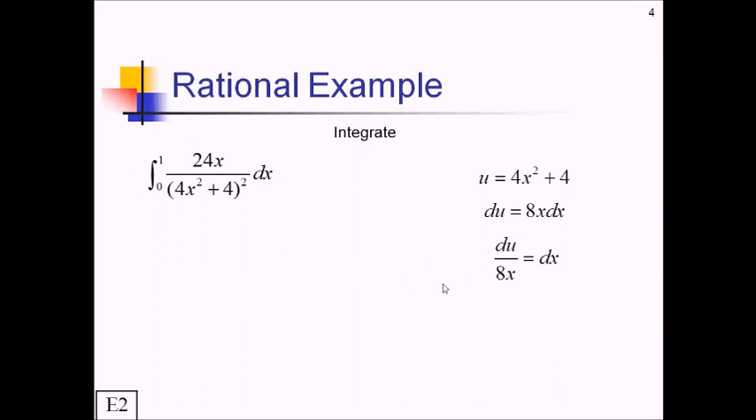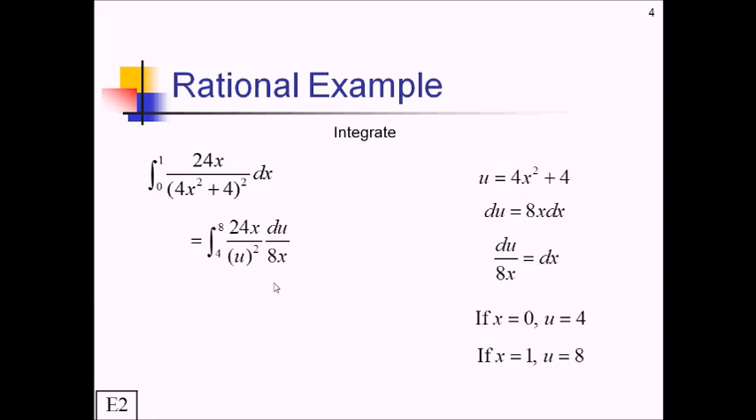values now. So we've got u equals, if x is 0, u is going to be essentially 0 plus 4, or 4. And if x is 1, then we've got 4 times 1 squared plus 4, which comes out to 8. So what I've got over here now, I have the integral from 4 to 8. I have a 24x over u squared, and I have a du over 8x. So all of that stuff kind of